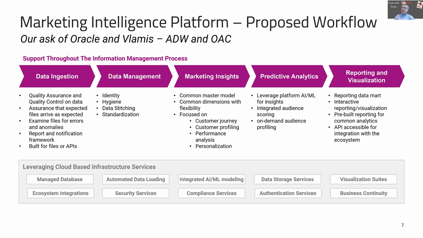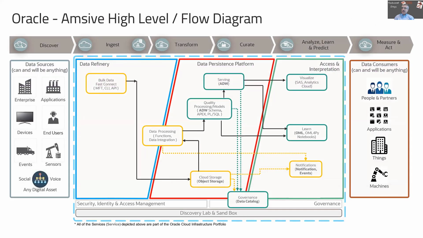So then we looked at how to flow that data back and forth, and how do we then architect all of that for Amsive. Go ahead and advance the next slide, Ray. Yep. And how we pull this all together is based on an Oracle refinery type of process, where we're taking the bulk data wherever it comes from and then loading that into a persistence platform. Focused, really, the heart of that is in the autonomous data warehouse, and then processing the models using a standard